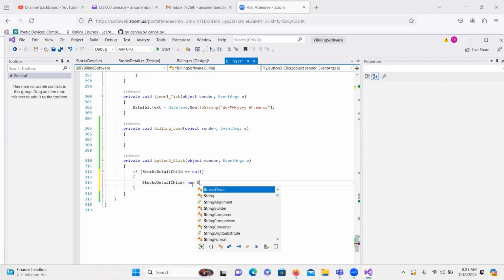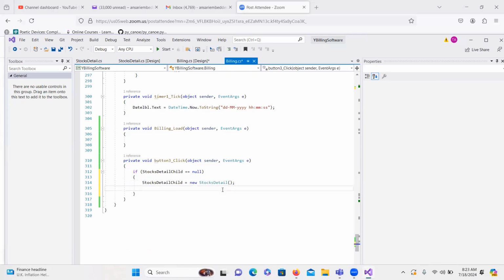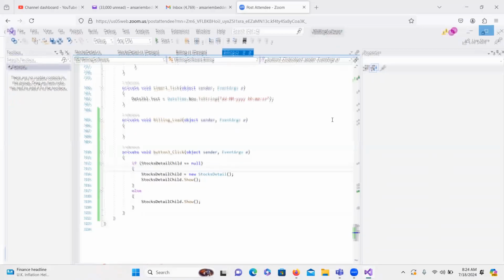You know, stock detail child dot show, else we have to show that. Right, if it is there, just show it. Right. So now